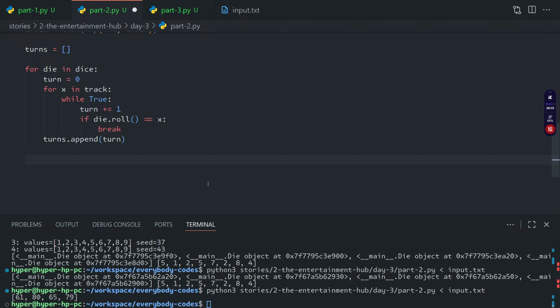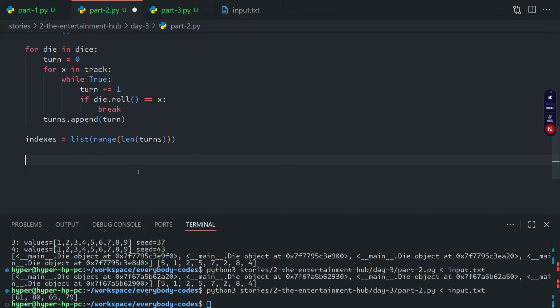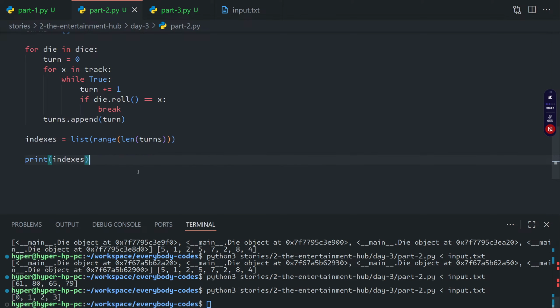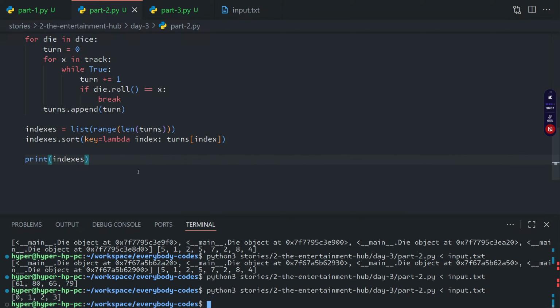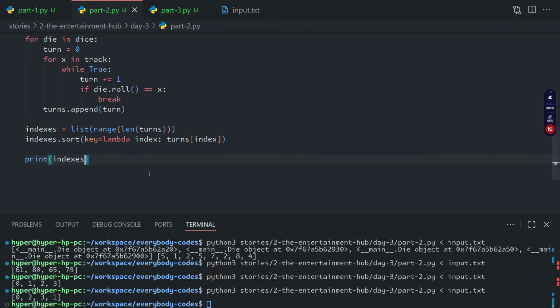So what we can do for this is indexes equals... basically what we're trying to do is determine the order of these. We're not trying to sort the list, we're trying to sort the indexes by the list. This is easier in other languages, but in Python, I think we can just do something like this. And then if we sort with the key equal to, given an index, return the number of turns that index took, then we'll have those in the right order, and then we just need to